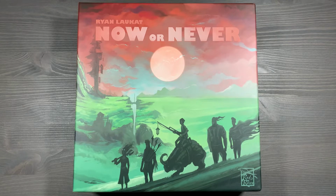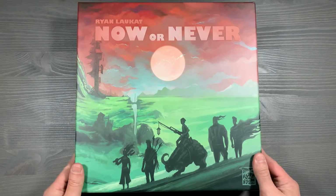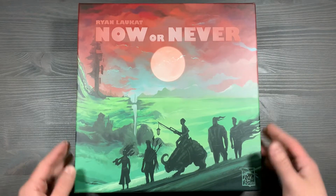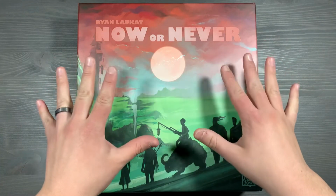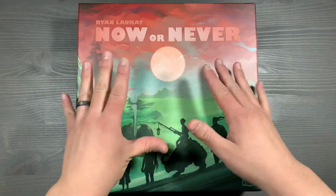Today we're going to be taking a look at and organizing Now or Never, designed by Ryan Lockett and published by Red Raven Games. This is a fully sleeved copy of the game with no lid lift that is organized in order to get gameplay started as soon as possible. It is designed to play the original part of the game. You're not going to be including any of the campaign components, but it is set up for when you're ready